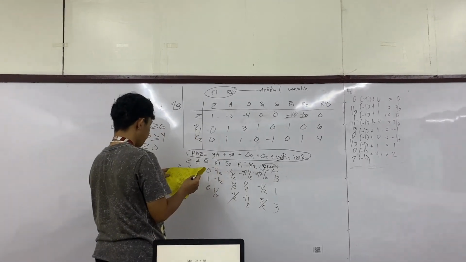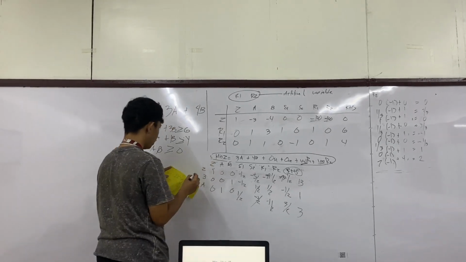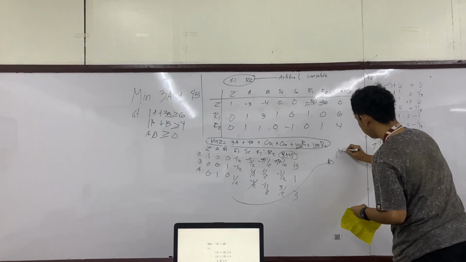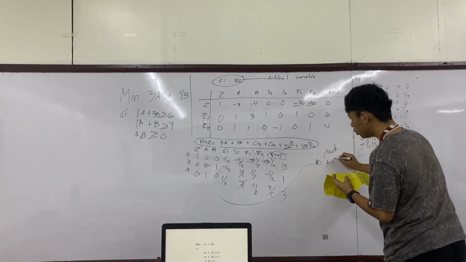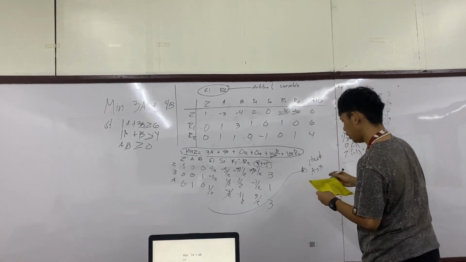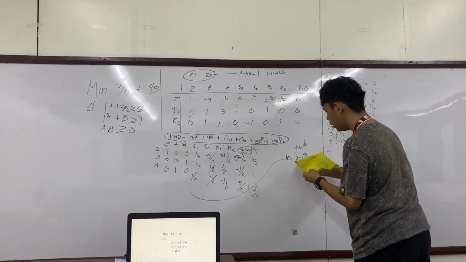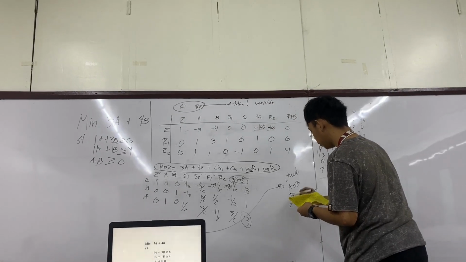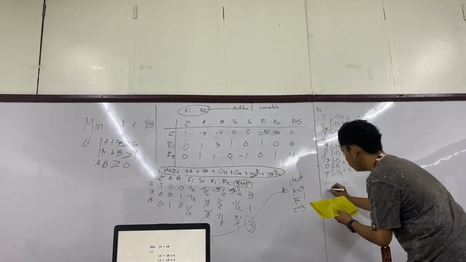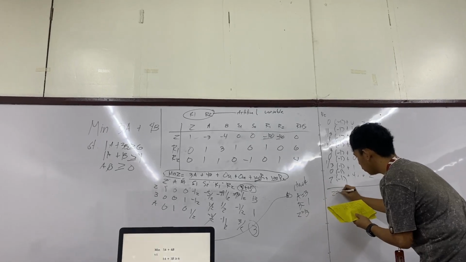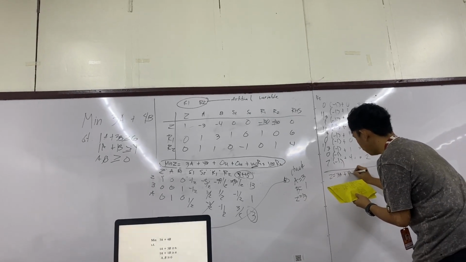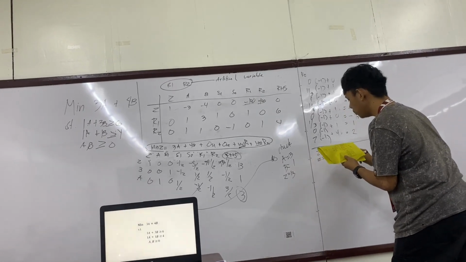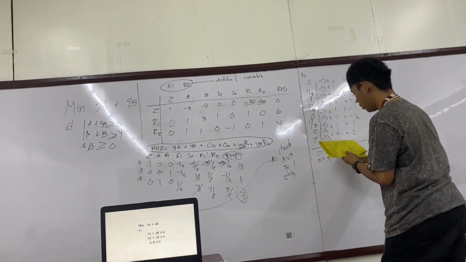So as you can see, let's move here. The checking of it: A is equal to 3. This is the 3. And B is equal to 1 and Z is equal to 13. If you solve it by the formula, Z is equal to 3A plus 4B, so Z is equal to 3 times 3 plus 4 times 1.